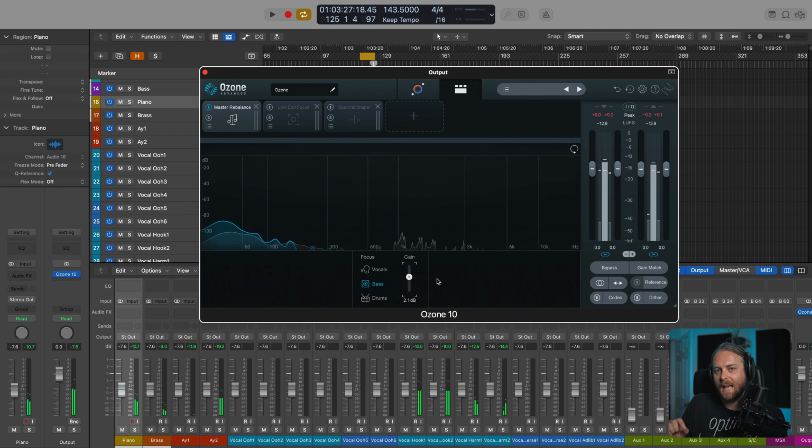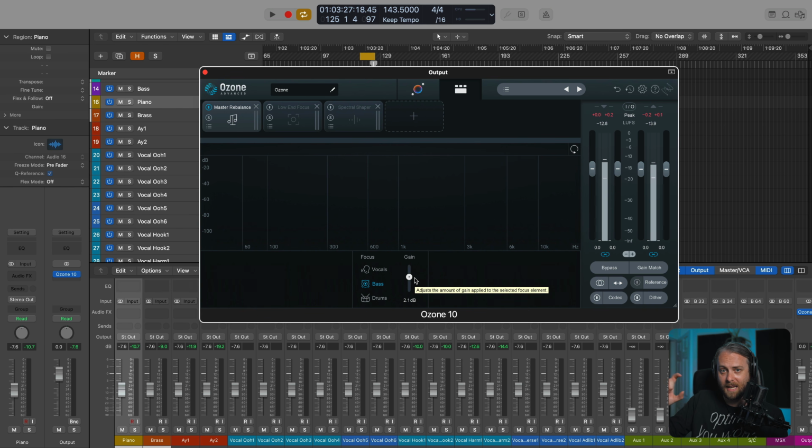So the really clever thing that's happening here is it is removing the sustain information from the 808 and just keeping those thuds, the initial attacks, because we want those to still be there. It's able to know what is the percussive element of this 808 and what is the sustain, bass guitar element of the 808. And it's able to take them out, but also retain the melodic information of those hits, because it is an 808 after all. So it's really cool just to get in there in a quick and dirty way and pull things out or bring things up and rebalance things at a mastering level.